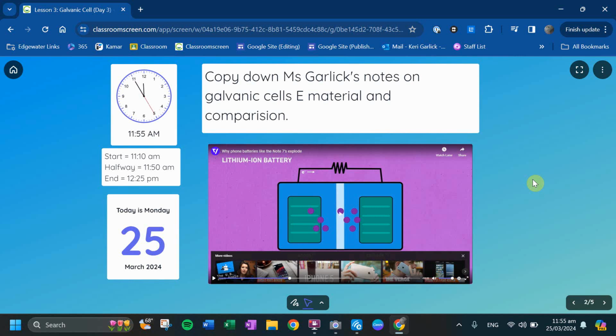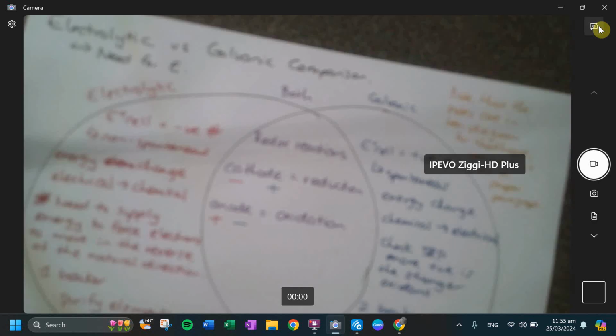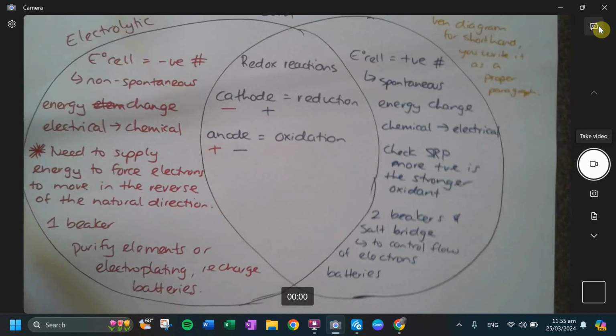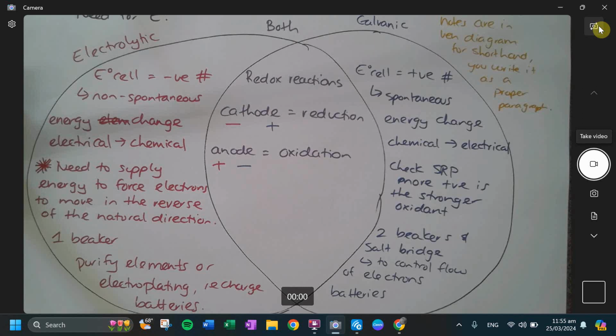All right. Cool. One last thing I want to show you guys is this Venn diagram. I don't want to go through it and do notes on it per se, because I think it's very time consuming and it's not a good use of our time. I'd rather us do some other stuff. I will scan it and put it onto Google Classroom for you guys to see. But I just want to have this little comparison Venn diagram up so you guys can think about how to compare and contrast the two if you are aiming for that excellence.